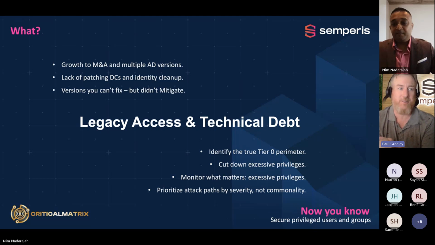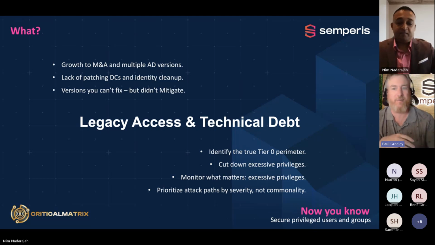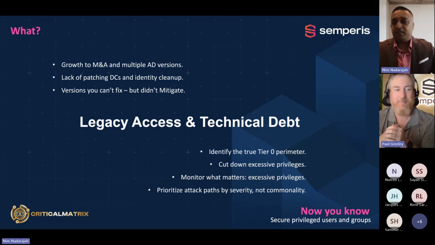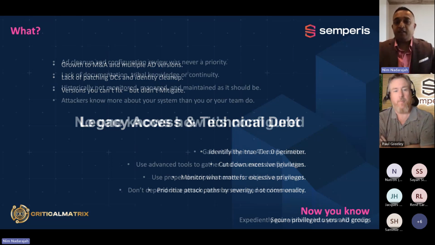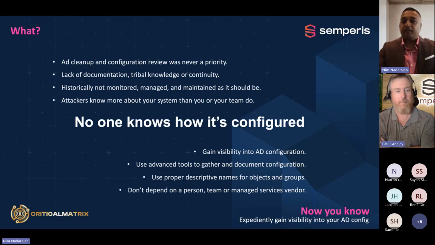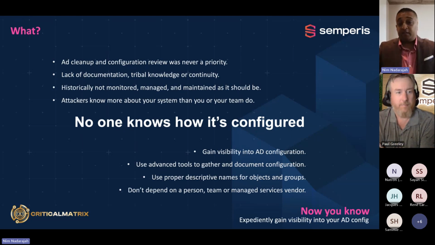You're probably dragging everything from the year 2000 on. Now it's the year 2023. So of course, because it's so much easier to do that than actually do the cleanup behind it. It's complicated. Yep. Sometimes we don't have the right people, we don't have the right process, we don't have the right technology. Yep. And that's a good segue. So no one knows how it's configured.